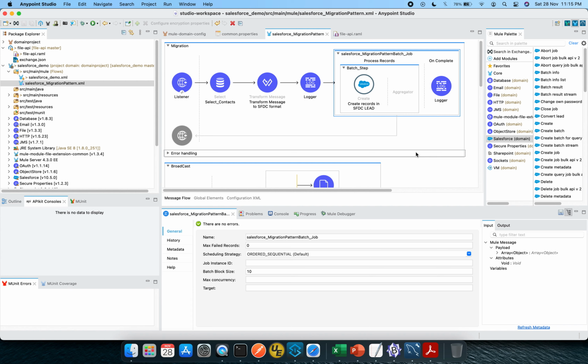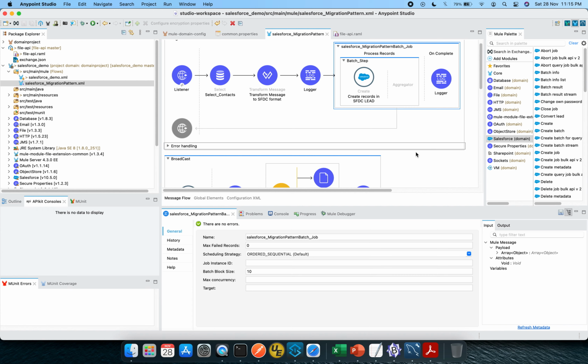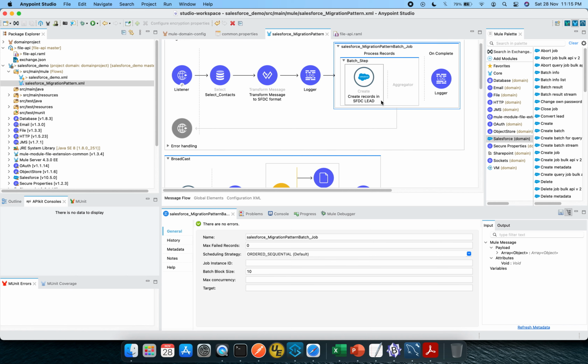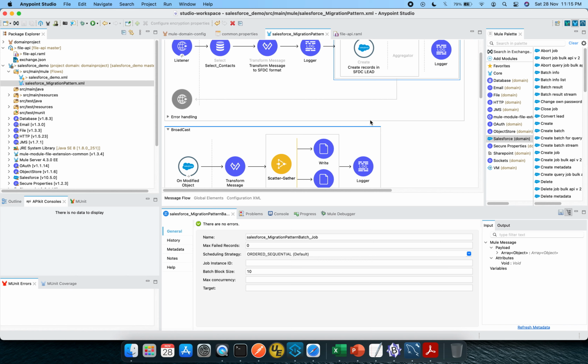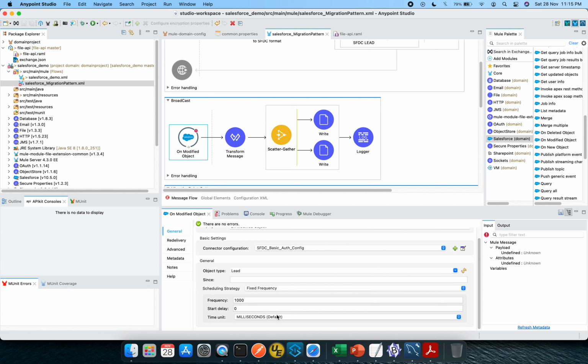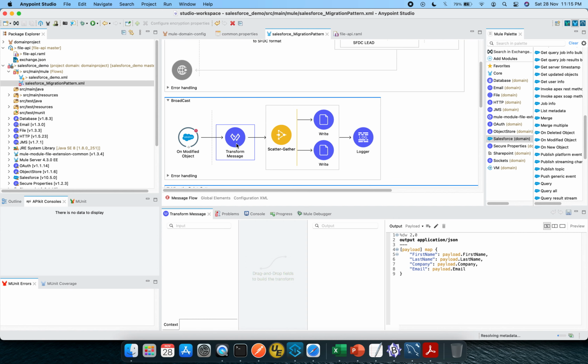Now there is a second part to it. So what is the second part? Whenever a new record or new lead is getting created, I want some files to be created on another system. So having said that, this onModified object is available within Salesforce. I can show you the onModified object, and it will constantly look for this lead object type, at a frequency of 1000 milliseconds. Whenever there is a new entry, it will transform the message